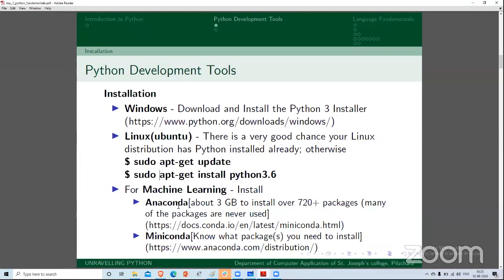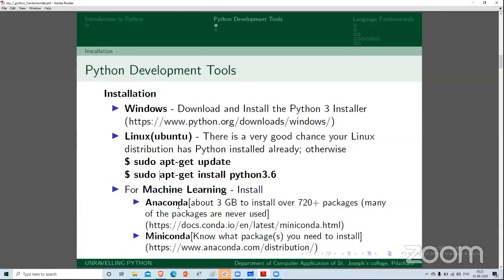Suppose you want to build a project using Python. You need to download Python, set up the environment, set up the software we are using for developing in Python, and install all the packages we require.